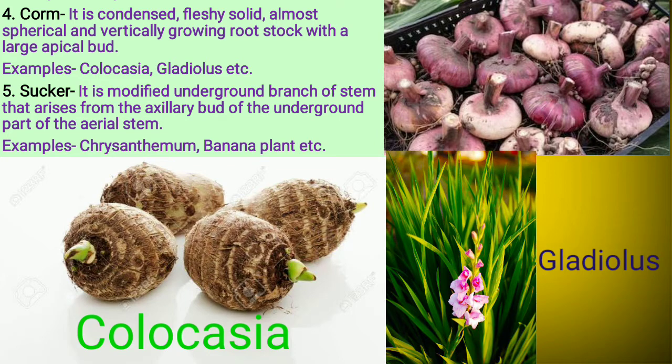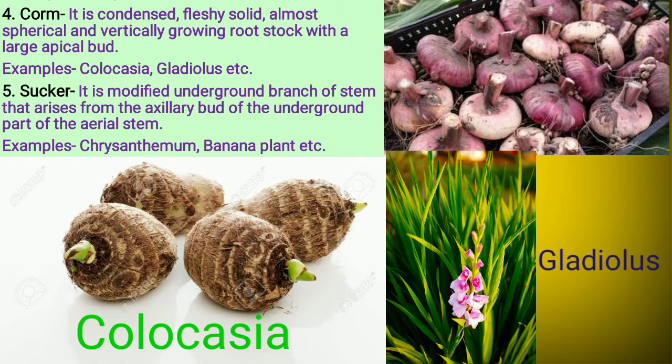So scaled leaves, these are mainly the non-green leaves that we can see, as for example in case of the onion or the garlic, the outer cover, that light covering, which is non-green in color. So these are called the scaly leaves. Similarly in case of Colocasia, that is in Assamese called alukosu, you can see that there are some scaly structures which occur right at the nodes.